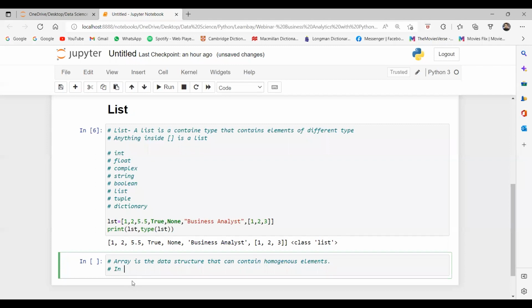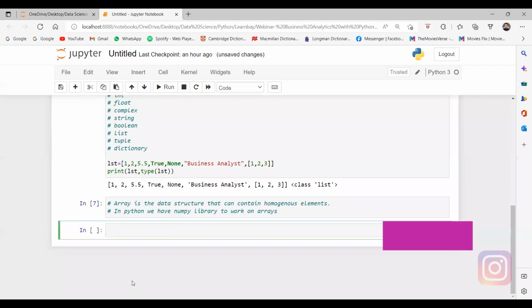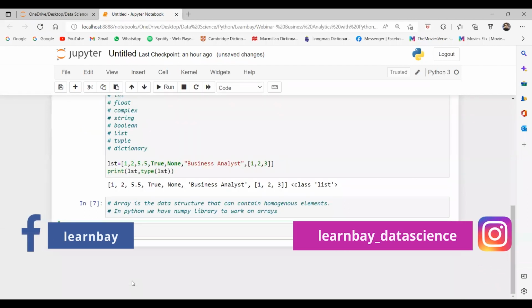In Python, we have the NumPy library to work on arrays. So let's try to understand NumPy.